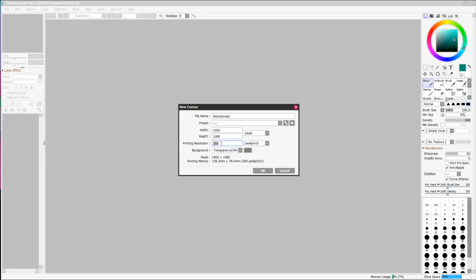A high DPI can impact your computer's performance, so if your PC can't handle it because it's a low-end machine or old, you'll have to compromise. In this example, I'll just make a 1080p canvas, which is 1920 pixels wide by 1080 pixels height canvas size. In this case, it has 250 DPI, which is smaller dimensions in dots per inch than what I usually work with,